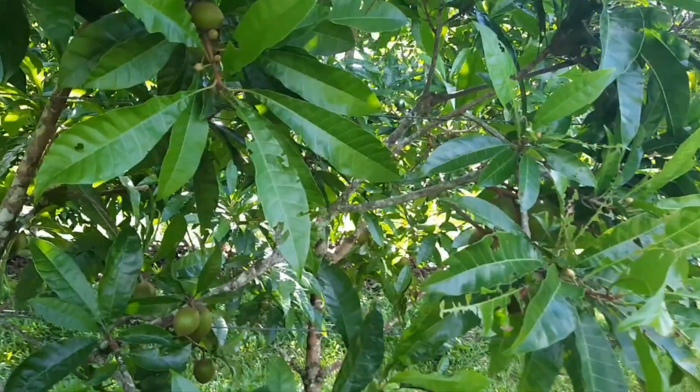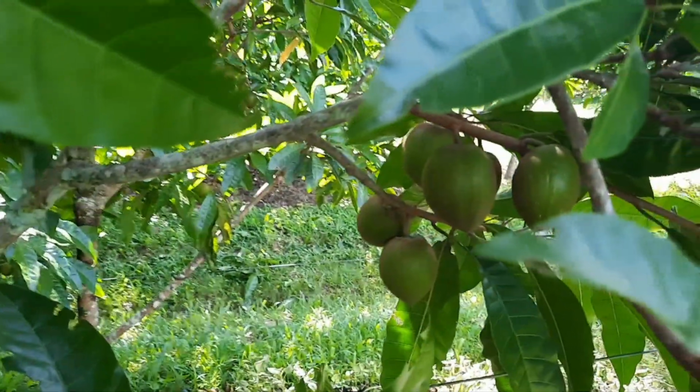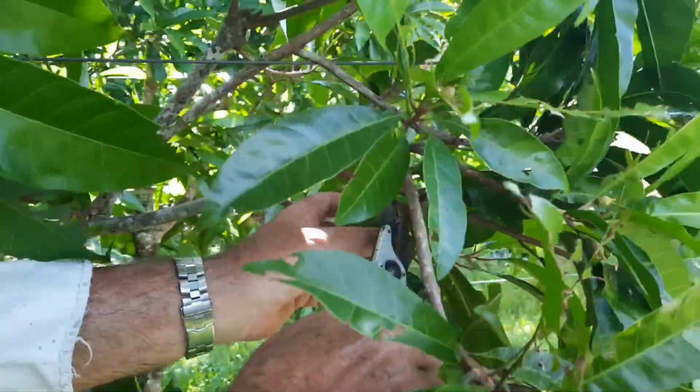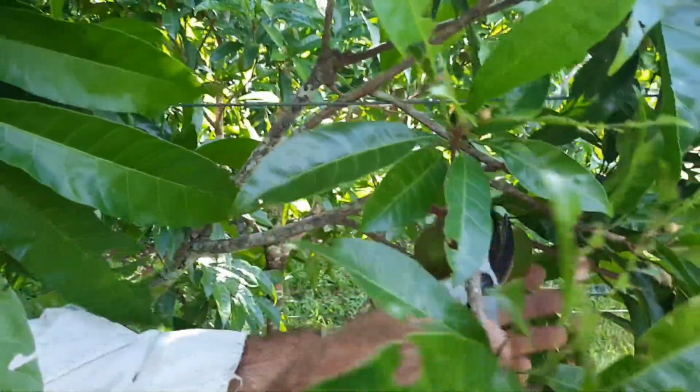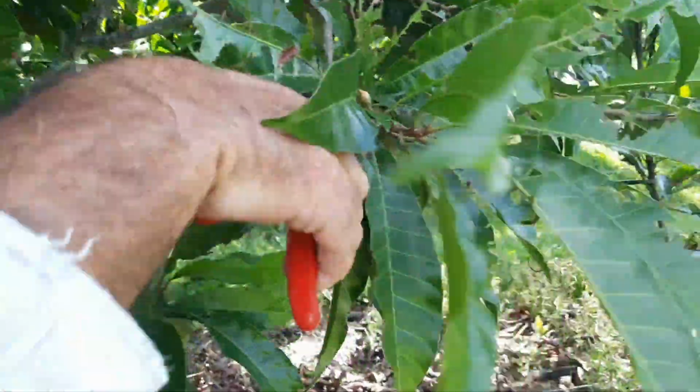After this harvest, that's code for Ian does not want to cut off any fruit. No, I will cut some of them off. 2 together, so I'm going to get rid of that one. There's 3 on this branch, so I'll get rid of that and that. There's 2 here, so